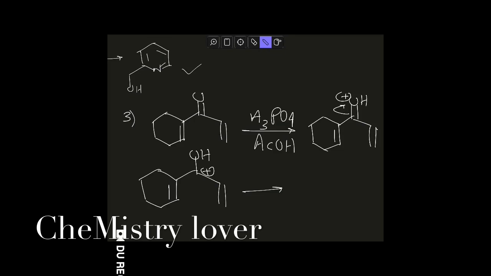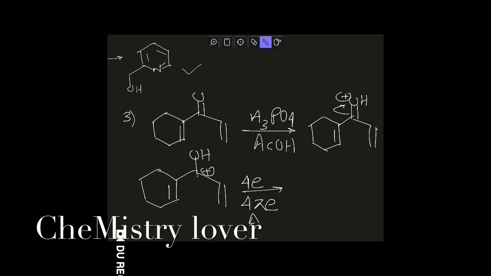So this is an electrocyclic ring closing reaction. You can see there are 1 2 3 4, so 4 electrons involved here. So it is a 4 pi electron thermal electrocyclic ring closing reaction, and that's why it will be conrotatory. But here stereochemistry doesn't have any effect, so we don't need to bother about whether it is conrotatory or disrotatory. But according to the Woodward-Hoffmann rule, it will be a conrotatory electrocyclic ring closing because it is a 4 electron system. You can see this is empty, so here there is no electron. So this is a 4 electron system and it is in thermal condition.